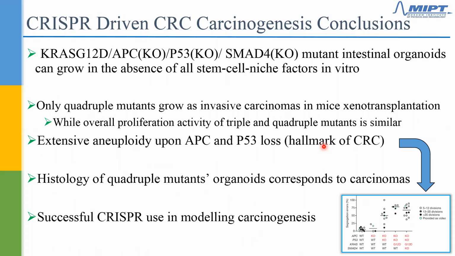By characterizing all those different mutants, and particularly the final one, which leads to malignant invasive colorectal cells, they say that the KRAS G12 combination, having all 4 mutants, organoids can grow in the absence of all stem cell niche factors, which are needed to maintain the stem cells in vitro. And only quadruple mutants grow as invasive carcinomas in mice xenotransplantation experiments. Although overall proliferative activity of triple and quadruple mutants is similar, only all four mutations, 3 knockouts and substitution, will lead basically to a